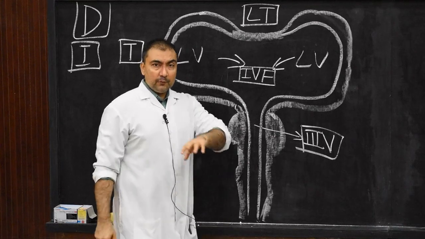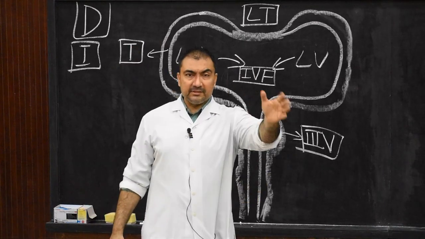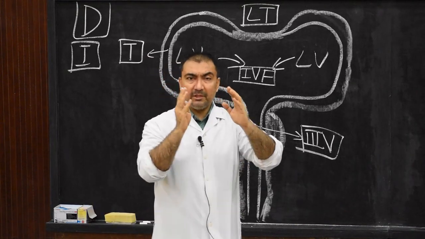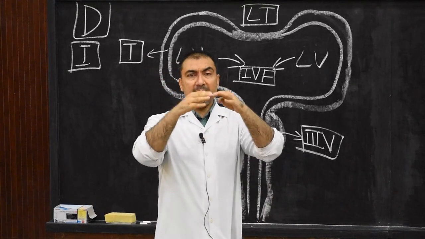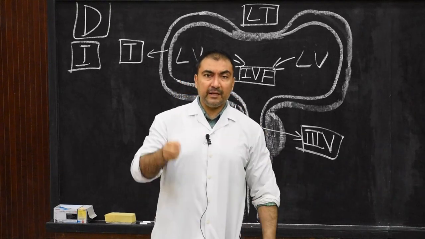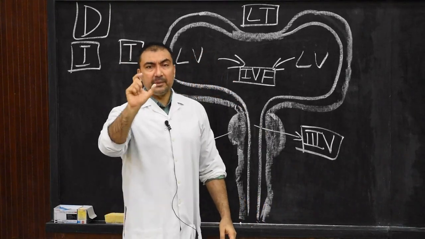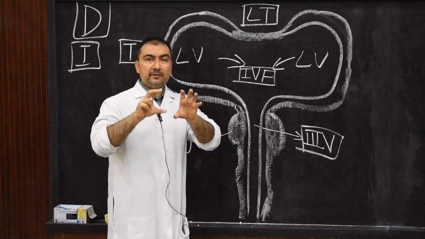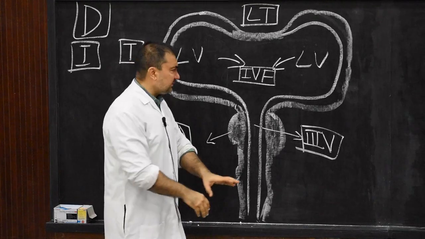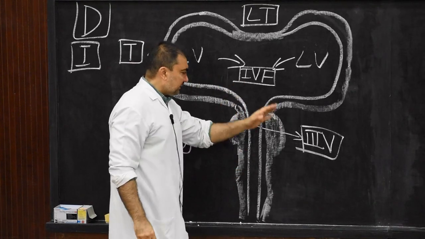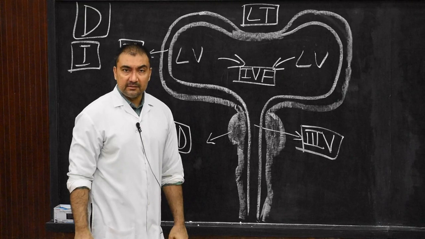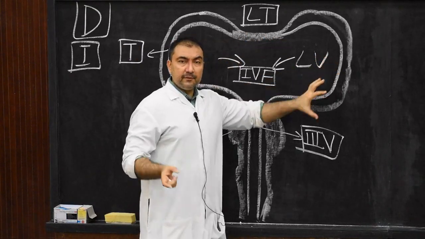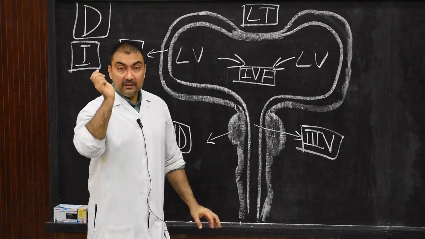So initially there were three vesicles: prosencephalon, mesencephalon, rhombencephalon. We have seen the development of rhombencephalon, and we have seen the development of mesencephalon. Now it is time for the development of prosencephalon. In prosencephalon, we have taken diencephalon. This is our main topic. So diencephalon is the median portion of prosencephalon. This is the initial diagram during the stages of development of the three vesicles. We need to mention the two telencephalic vesicles before we start with the development of the diencephalon.